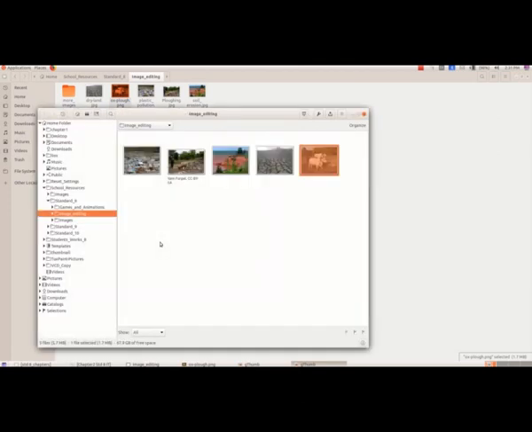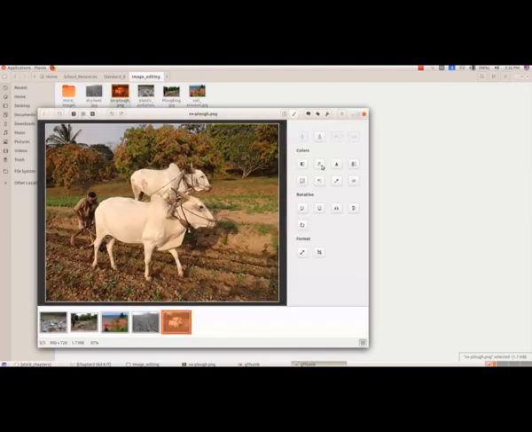So that is the picture that we viewed using GThumb. And now we will view the same picture using another image viewer. We will close this first.